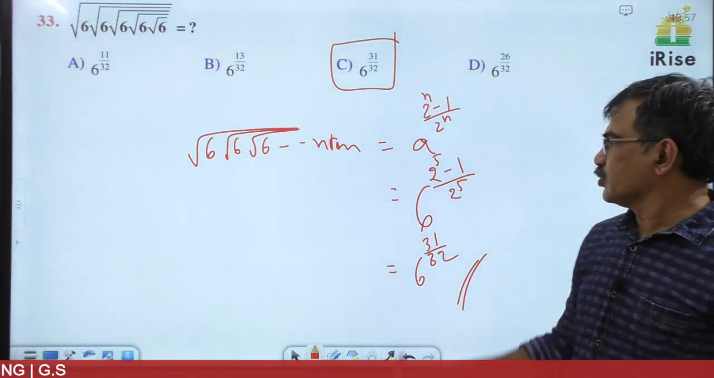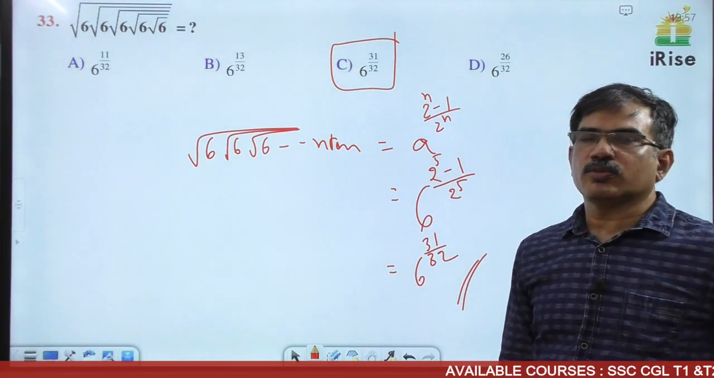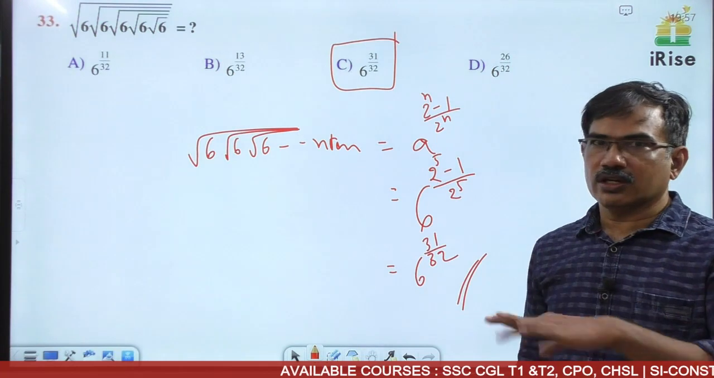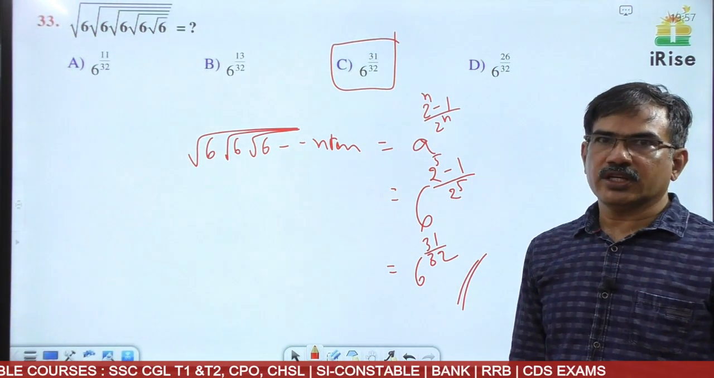Okay. Up to n terms given, this is the formula: a power 2 power n minus 1 by 2 power n. Cubes also have a formula given. Up to infinity given. Okay, right. Next,